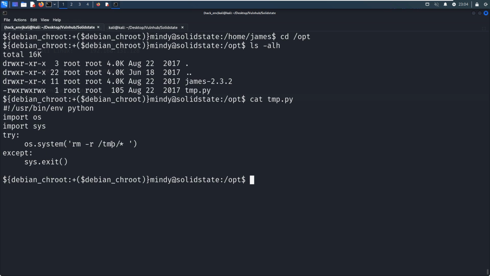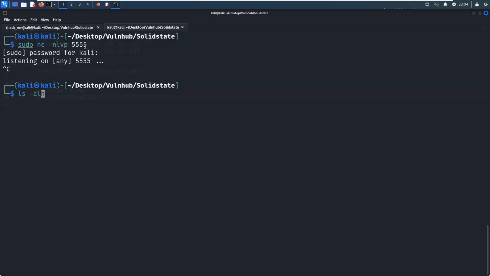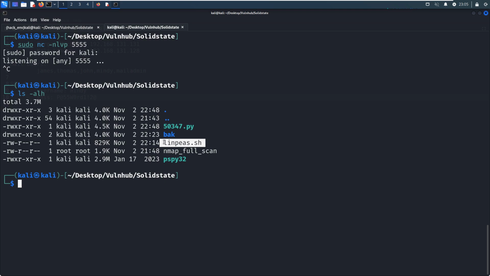So next, I'd like to upload the linpeas shell script to the target for local automatic enumeration. I've already got this script ready, this one.